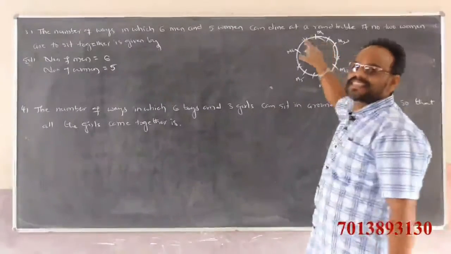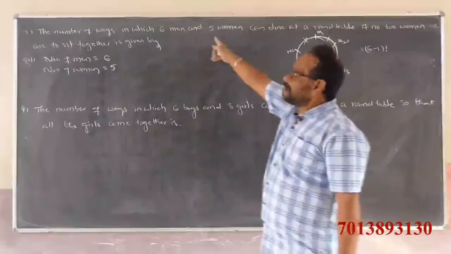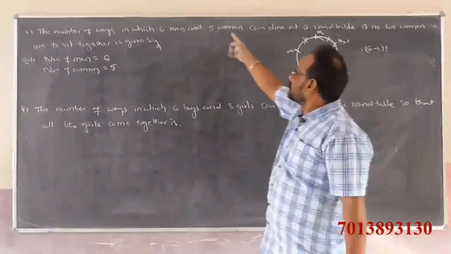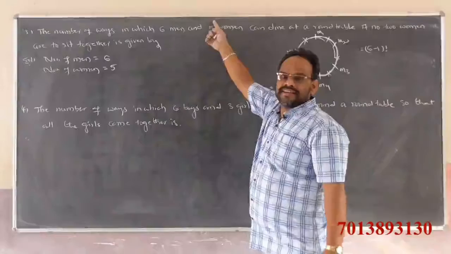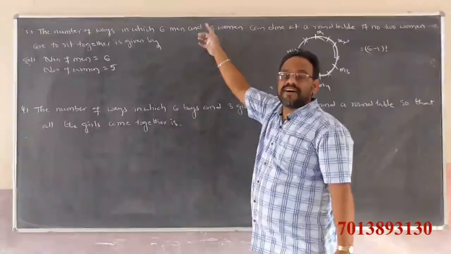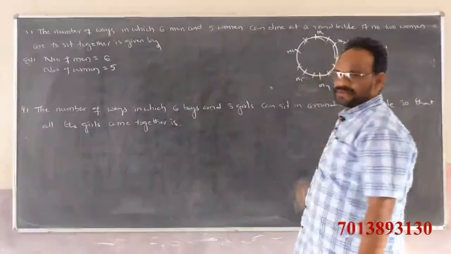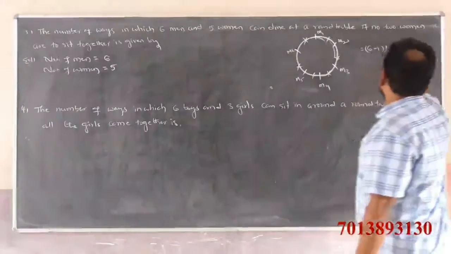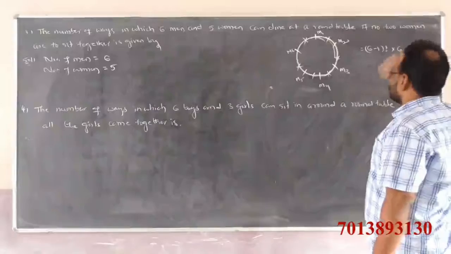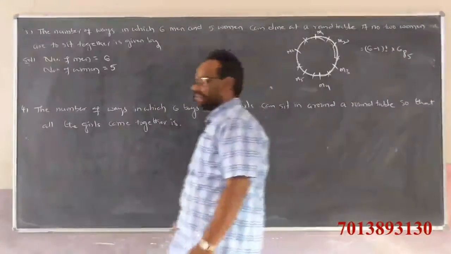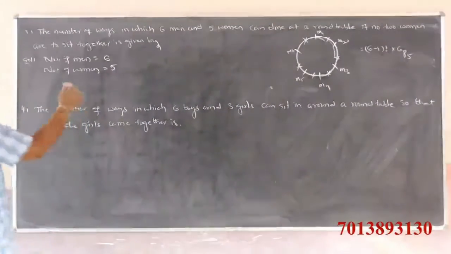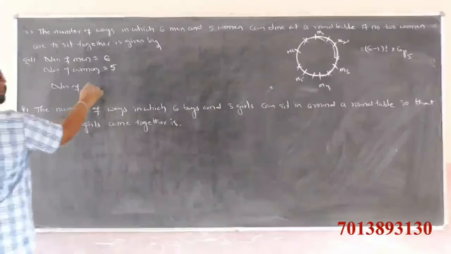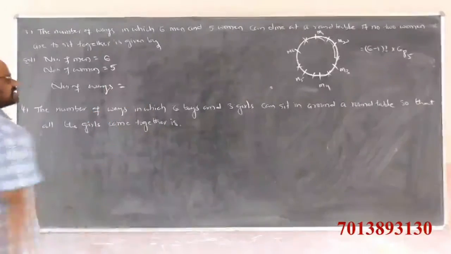In between these 6 gaps, 5 women can sit. So in how many ways can 5 women fill these 6 gaps? We already have a formula, that is NPR. So here that is into 6P5. So according to the fundamental principle of counting, the number of arrangements is equal to